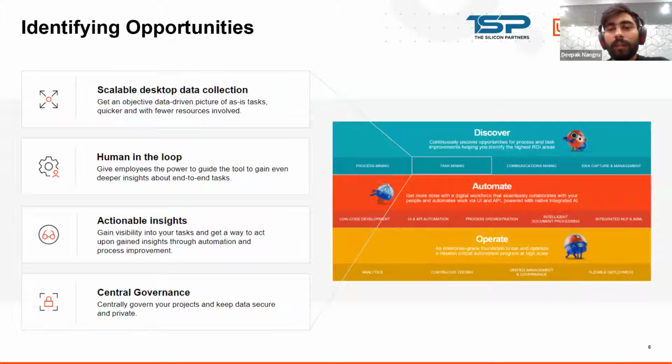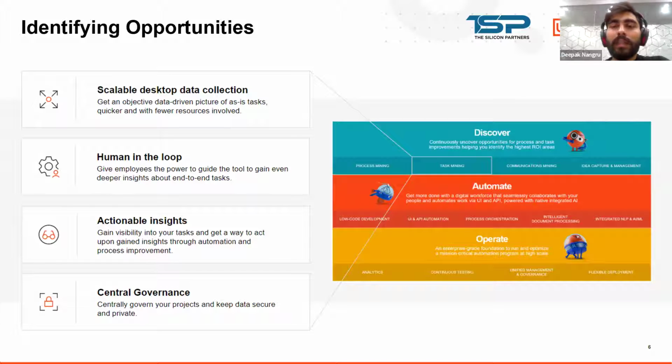So why is discovery important? Let's just say that a person is working on a project and you want to automate it, but have you analyzed that project thoroughly? Is the process good enough to be operated? Is the return on investment of that particular project good enough for you to start working on it? If you want to automate that, you are buying a license, you are asking a developer to develop that project, but is that project good enough?